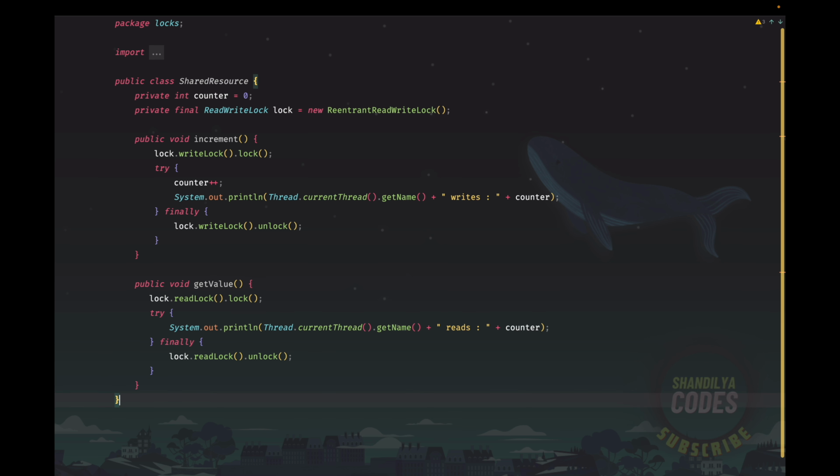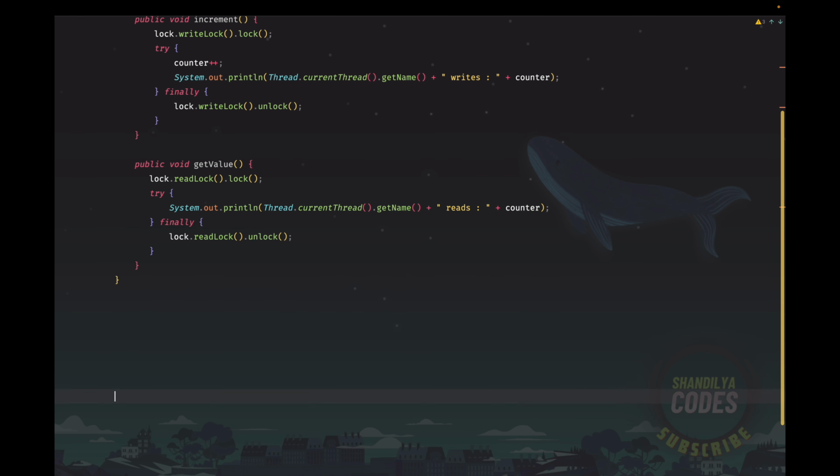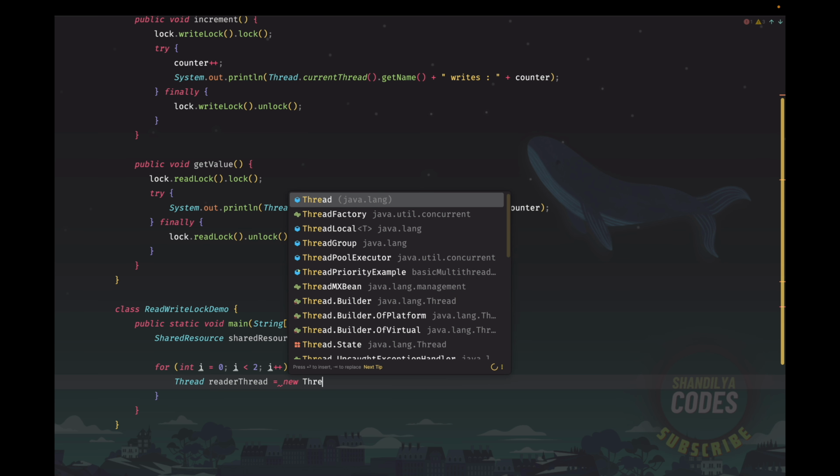And for the read write lock demo, we will create another class. So let's call this class ReadWriteLockDemo, and we would have a main method. Inside the main method we create the object for the shared resource, and we will create a couple of reader threads. So let's do that. So for i, and inside the loop what I do is I create the reader thread. So new Thread,